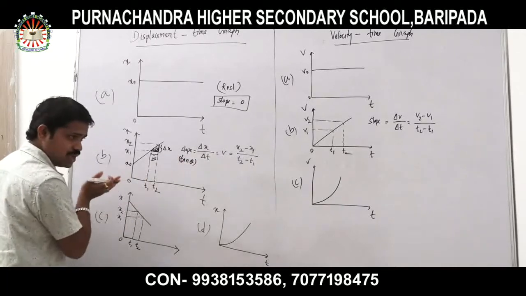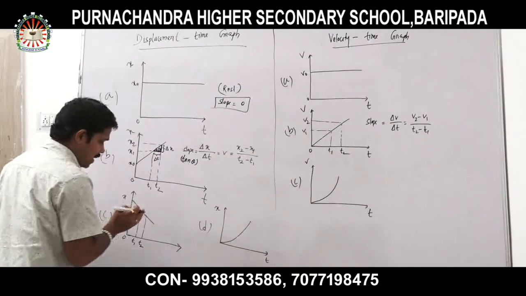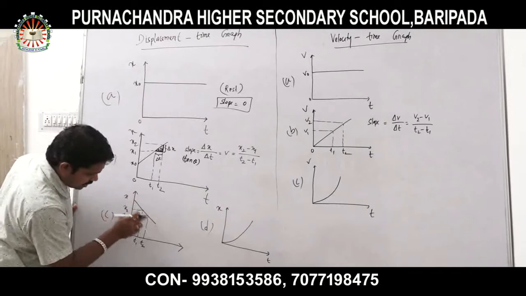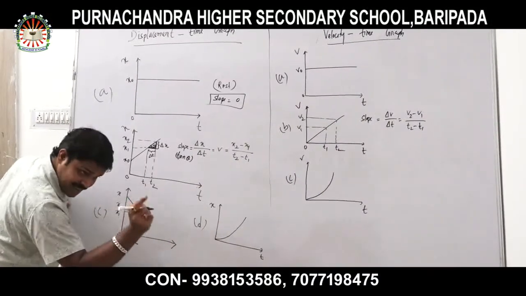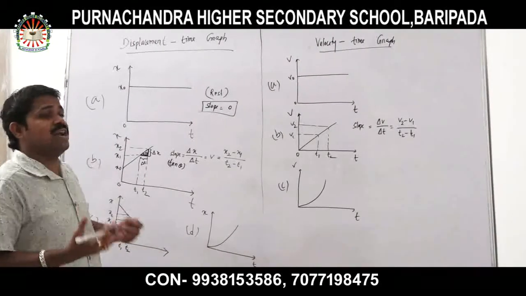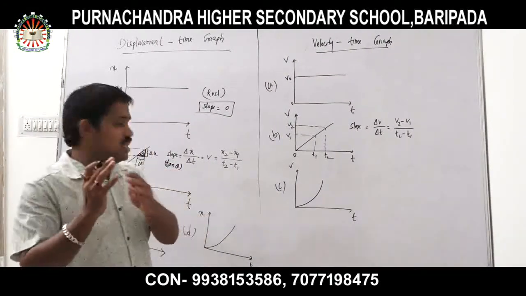The object is moving in positive x direction. But look at here. It is having negative slope. The slope, if you find out, the slope becomes negative. So what does the slope negative mean? The slope negative means that